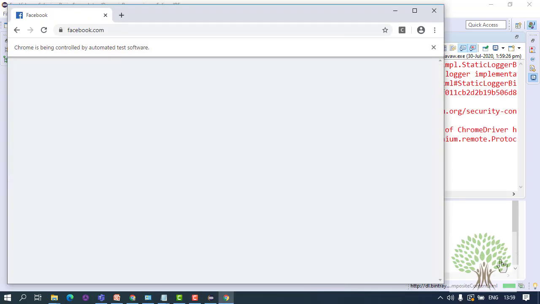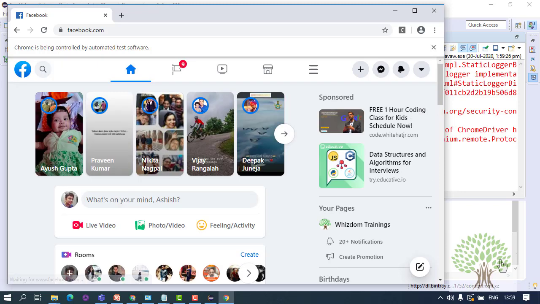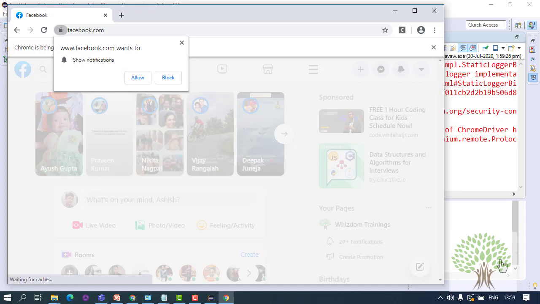Fine, and you see that it logs you inside the application, but Facebook actually shows you this notification option that you have some notification. Okay, so you will have to write the code to actually block this notification first of all. Okay, and moreover you can also maximize your Chrome browser. In the last class I had told you that how you can actually block the notification. Fine, so let's use that.